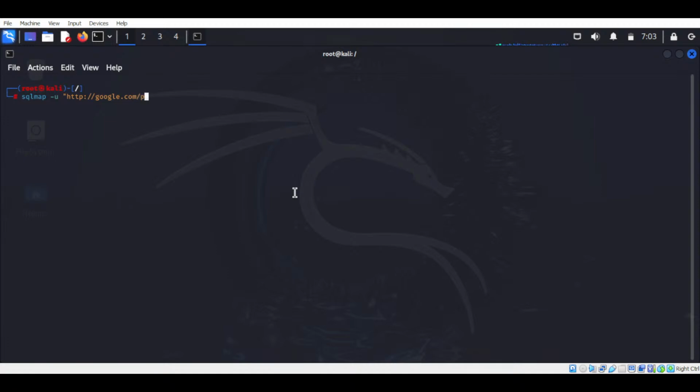Here you type page, then equals, question mark, then id, then equals 1, and then again double quotes. -u specifies the target URL. In this case sqlmap will scan the URL to see if the id=1 parameter is vulnerable